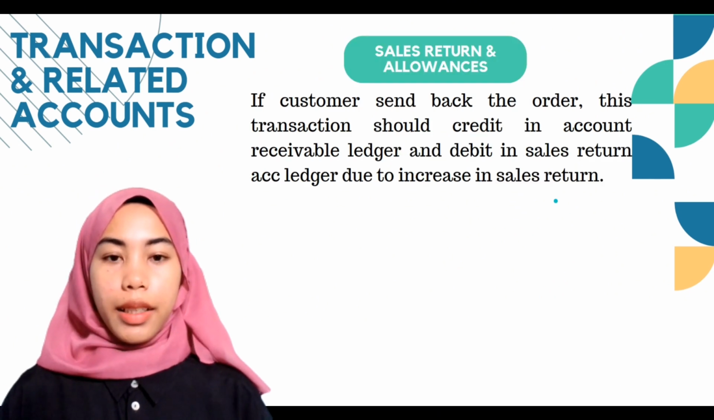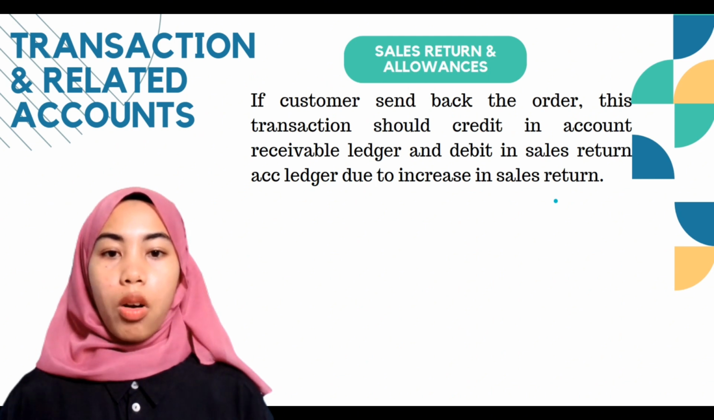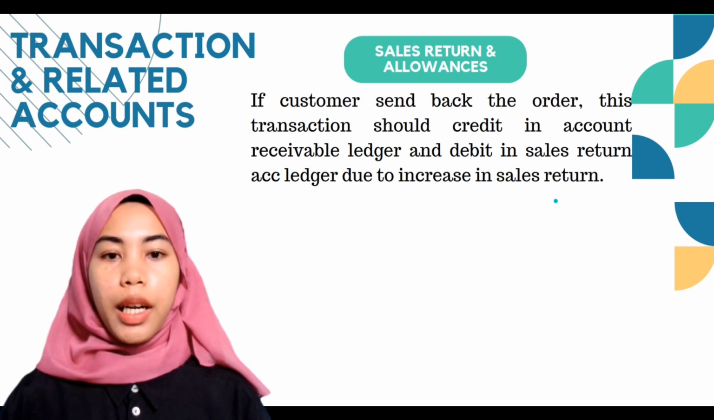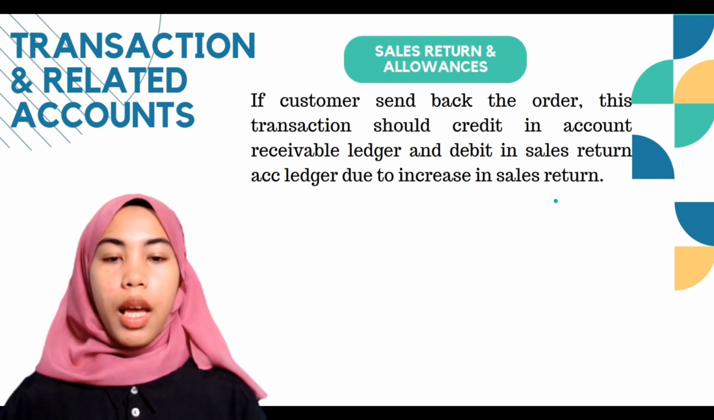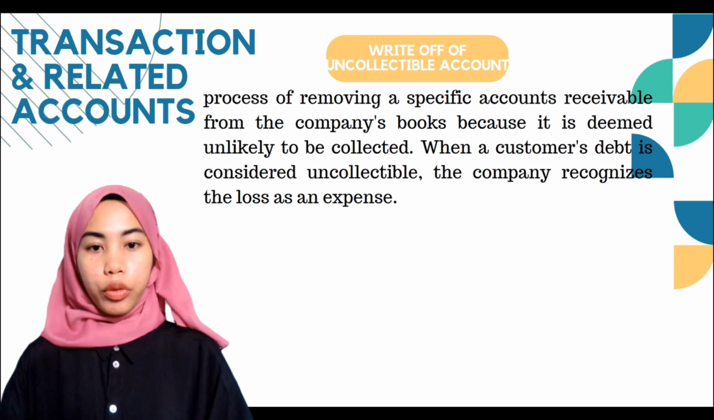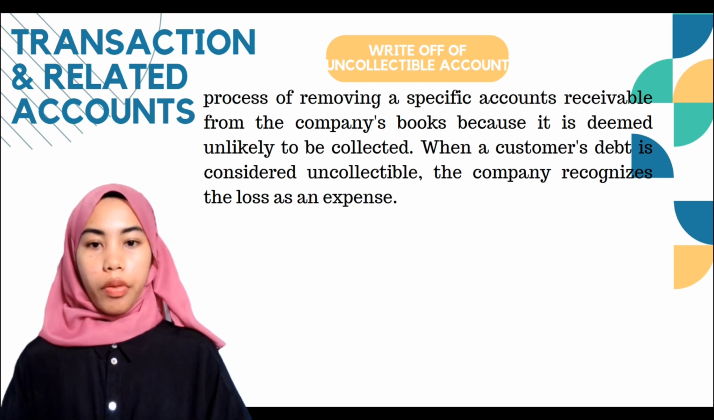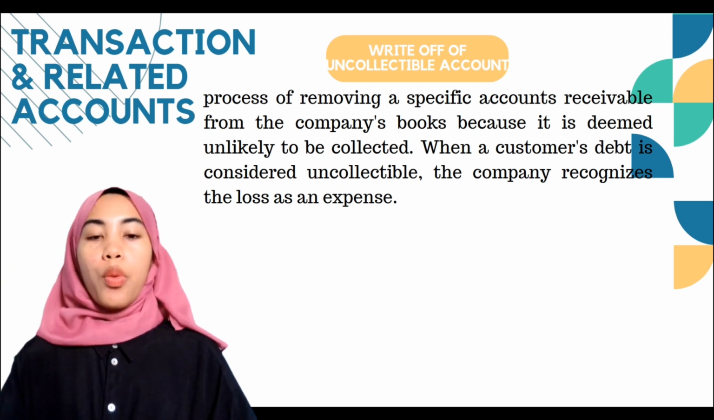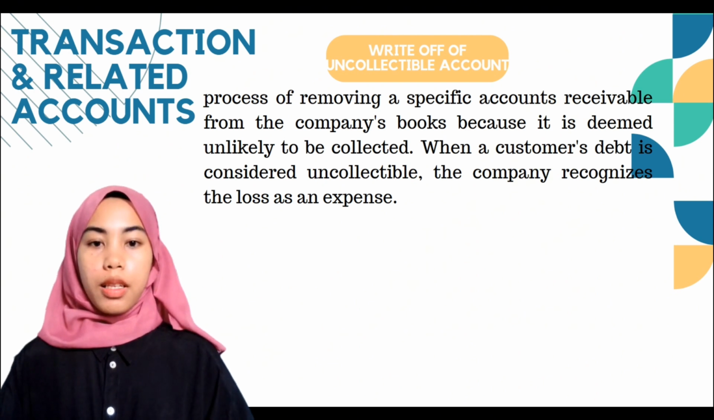Next, the sale return and allowance transaction occurs if the customer sends back the order. This transaction should credit the account receivable ledger and debit the sale return account ledger due to the increase in sale return. Now we move to the transaction of write-off of uncollectible account, which refers to the process of removing